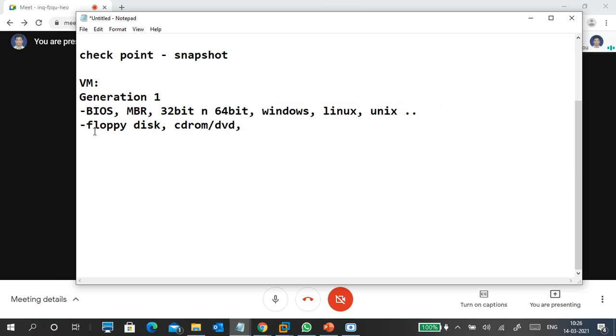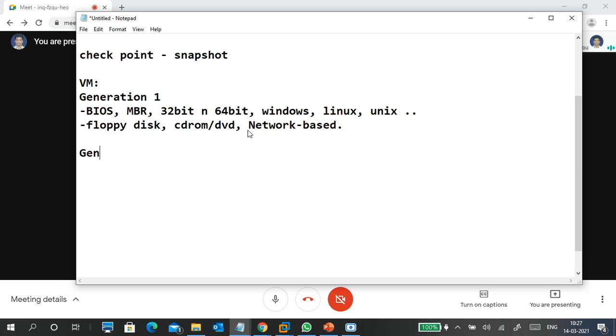Floppy disk is possible, like loading an OS with a floppy disk. A CD/DVD way of installing an operating system is supported, and network-based installation is also supported.